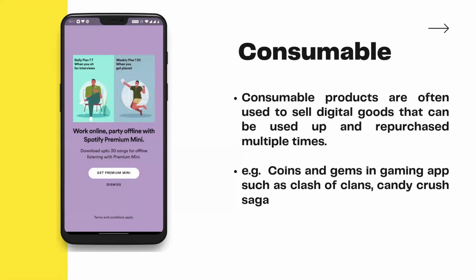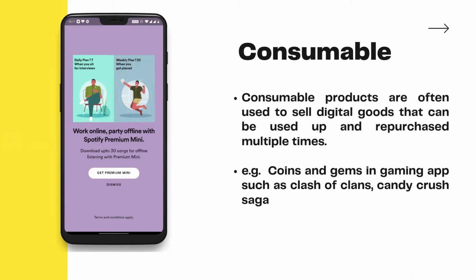Suppose we consider the Clash of Clans game. In that game, the user needs to earn a lot of gems and build their village, and only then can he complete a war. So in this application, the in-app purchase lets the user buy gems as much as he wants. So here the consumable example comes into the frame. Another application is Candy Crush Saga. Candy Crush Saga offers the user a chance to get a higher score by purchasing extra lives. These types of gaming applications come under consumable.